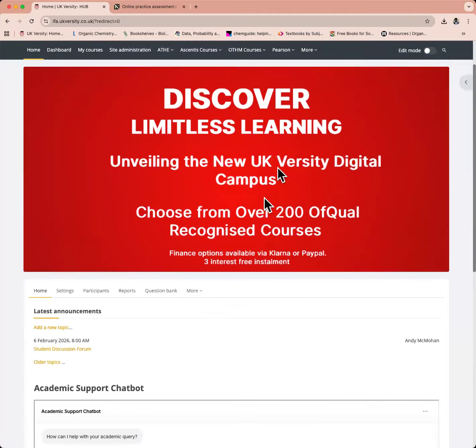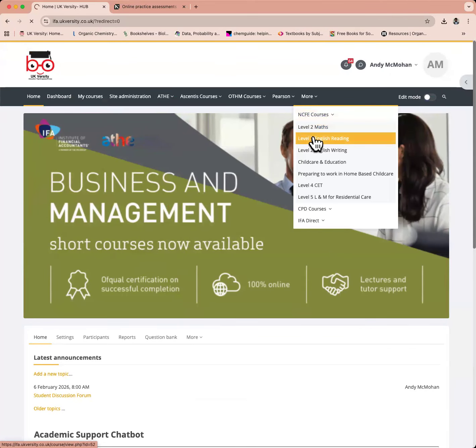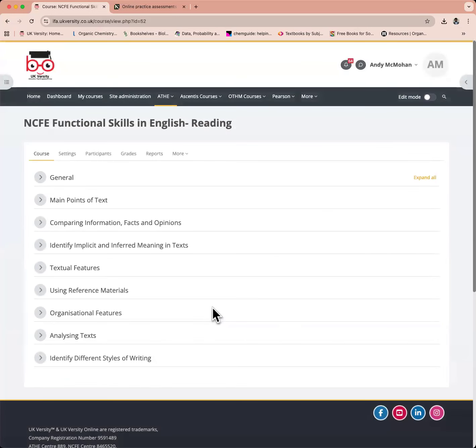Now, apart from this, what we want to look at, very briefly, in the reading part of the exam, is that essentially there are a couple of things that we have to go through. It is important, unlike the writing exam, reading involves a couple of sections which will be coming in the exam. So what we need to be able to do is understand some of these key topics like comparing information, what is a fact, what is an opinion, how do we look at something said implicitly and explicitly,